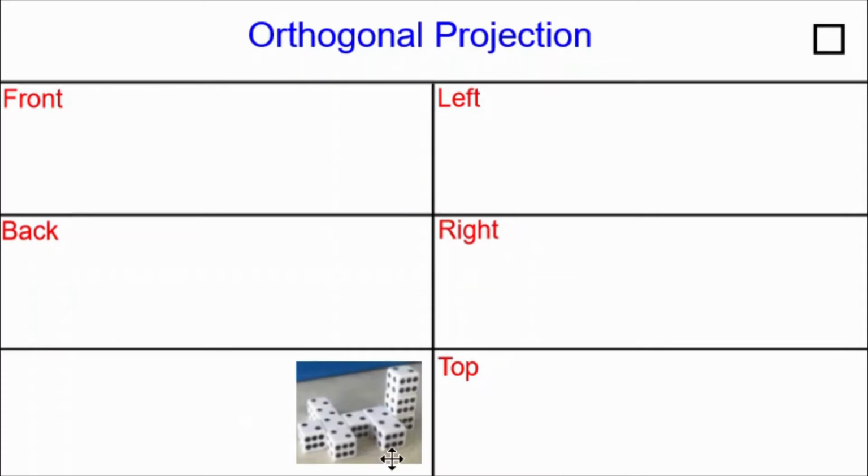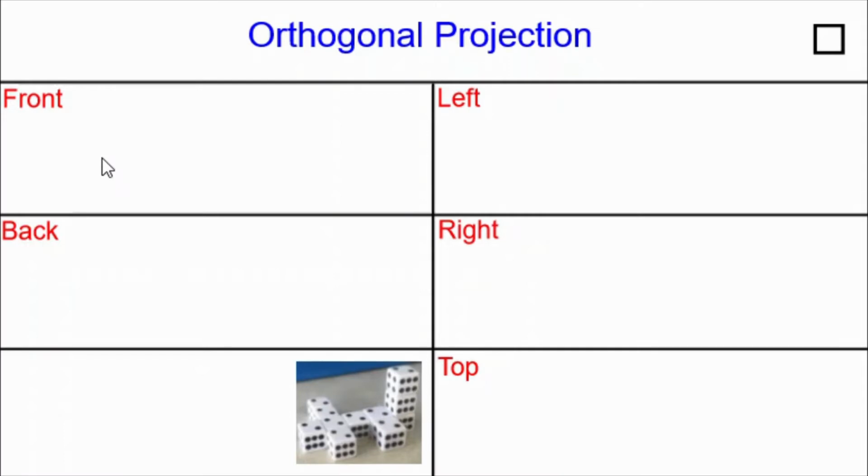What I've done here with these dice is I took advantage of the fact that they have numbers on them with dots by putting all of the 6s facing the front. The 2s are facing up and the 4s are facing the left. If you know your dice, you know that means that the 1s are facing the back, the 3s are facing the right, and the 5s are facing the bottom. This is just to help stay organized as we figure out what our front, left, back, right, and top projections